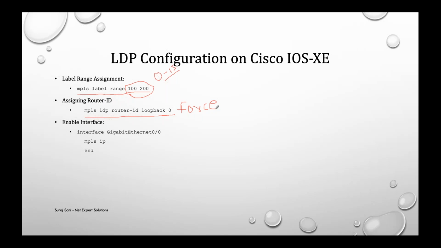But sometimes it will not come into effect, so you have to do it forcefully. The main part here is that whatever interface you allocate as the router ID in LDP, the IP address of that interface should be reachable from your neighbor, from your adjacent device. This IP needs to be reachable,